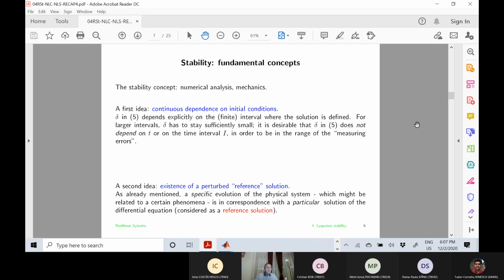When we had a transfer function, or a convolution system, or an input-output system generally speaking, stability was just a condition that for every bounded input, the output of the system should be bounded as well. Well, you see here at the Lyapunov stability concept,